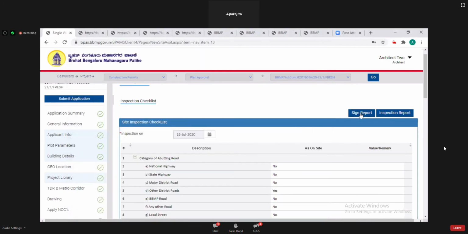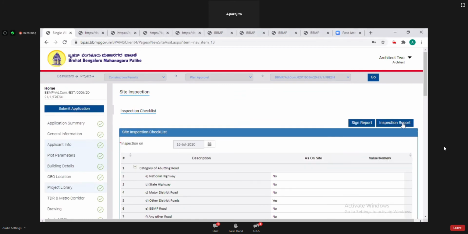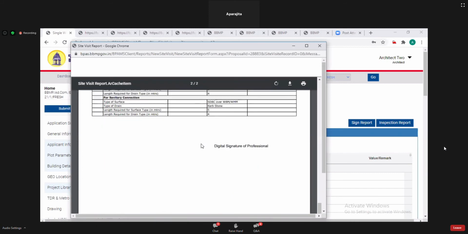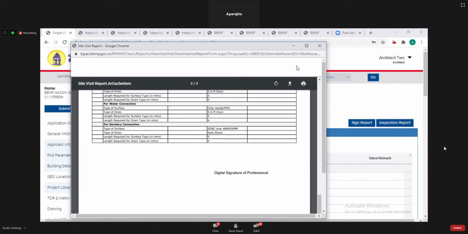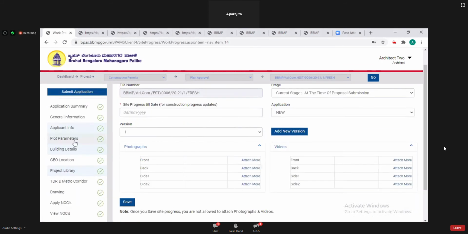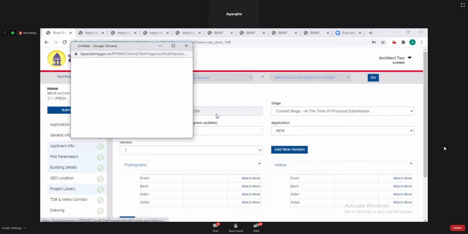Then you have to sign here, sign report. We provided the digital signature of the professional here. Now go to site progress and you have to attach photographs of the site visit.